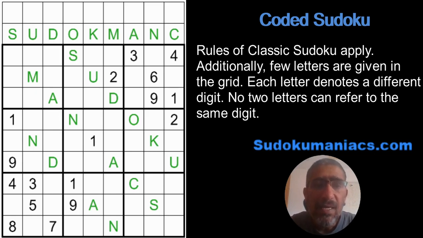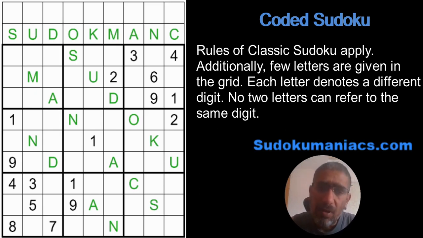Now, like any variant, I always keep on harping: we need to start a variant like a classic Sudoku. And coming back to the digits, the top two rows that I have mentioned above the grid.